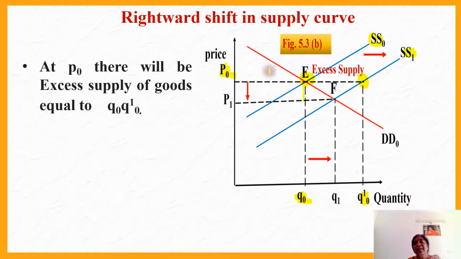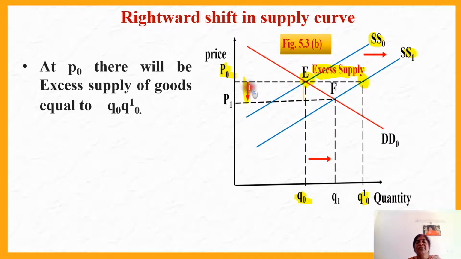But you can see at this P0 price, after the shift of the supply curve, the supply has exceeded the quantity demanded. Therefore, what situation can we describe here? This situation is described as excess supply. And we all know that when there is excess supply in the market, what will happen? The producers will compete with each other to sell their items, but they can't sell all the items at this prevailing P0 price. Therefore, what will they do? They will tend to decrease the price.